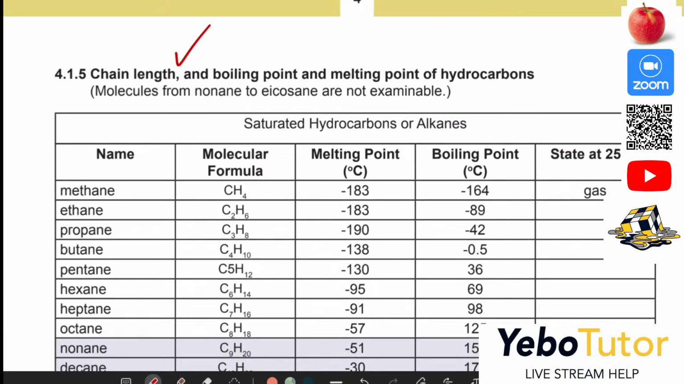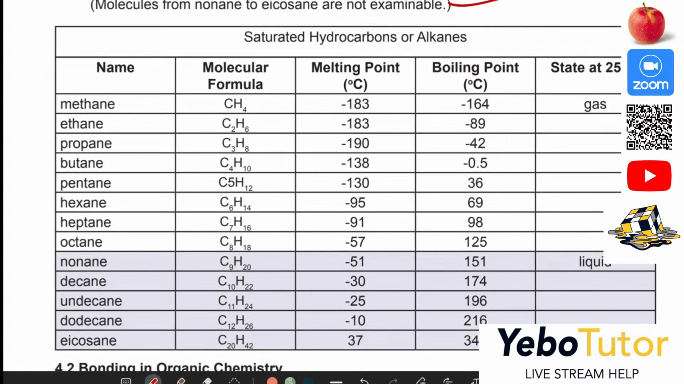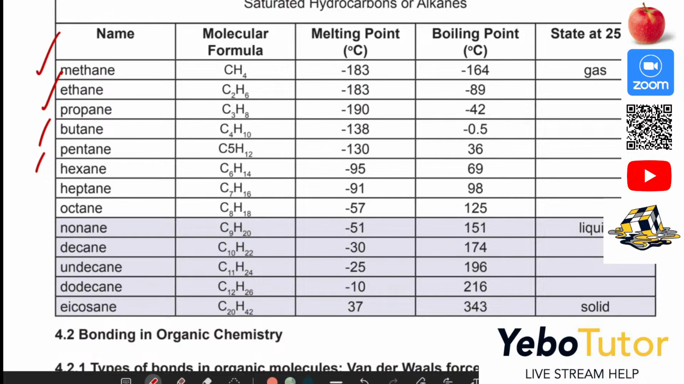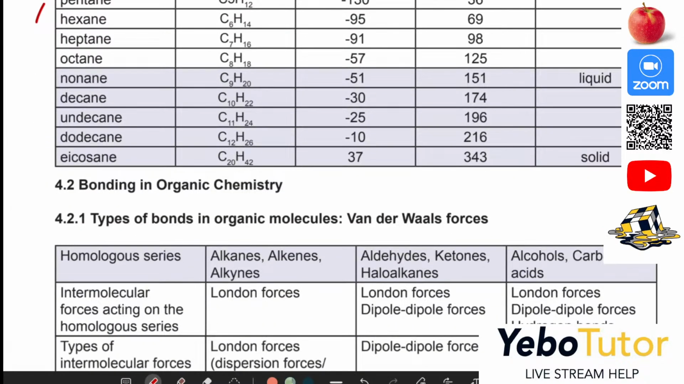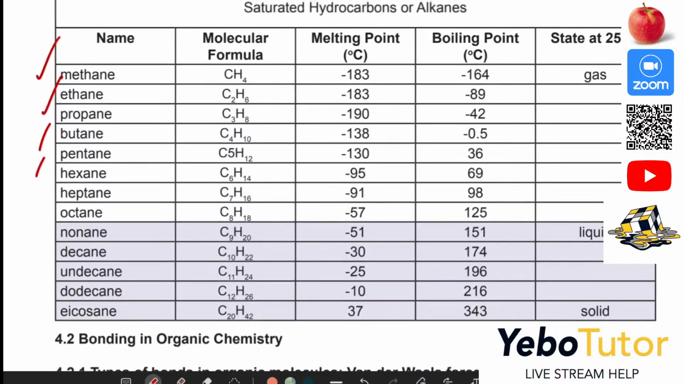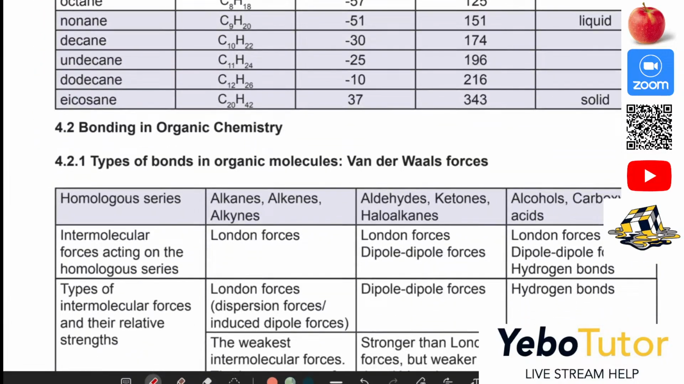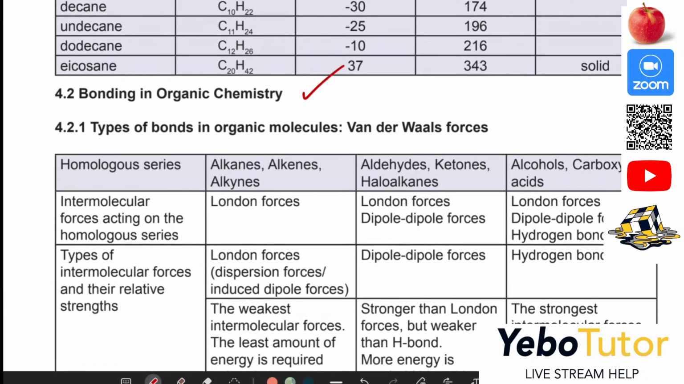Then of course we have the chain length and the boiling point and the melting point for the hydrocarbons. You need to understand these things so that you can explain properly when they ask you about the melting point and the boiling point of the specific compounds which you have. Now, when you are looking at the bonding in organic chemistry,